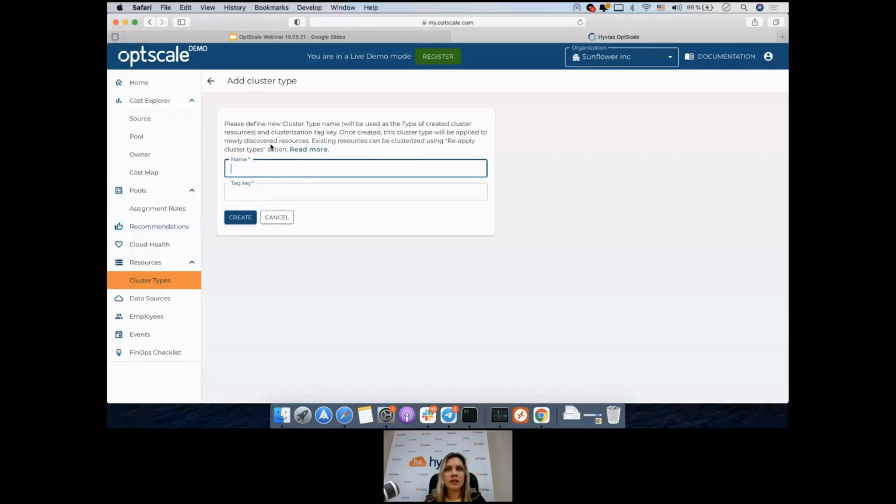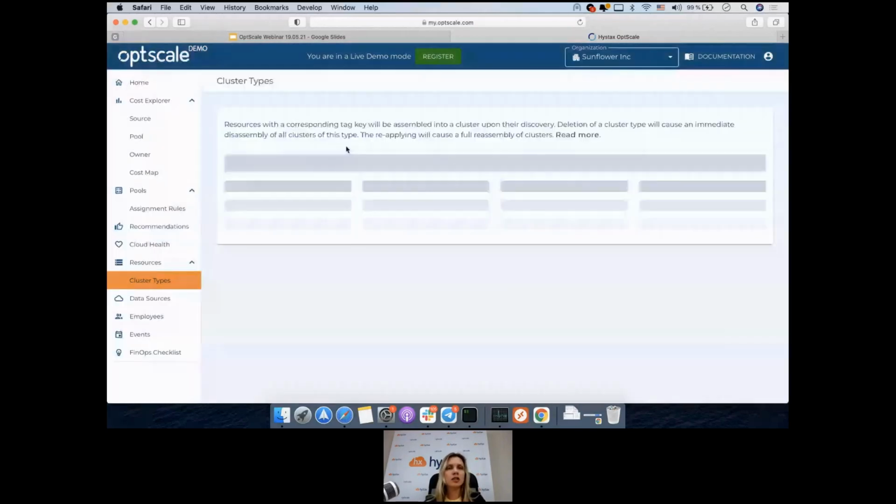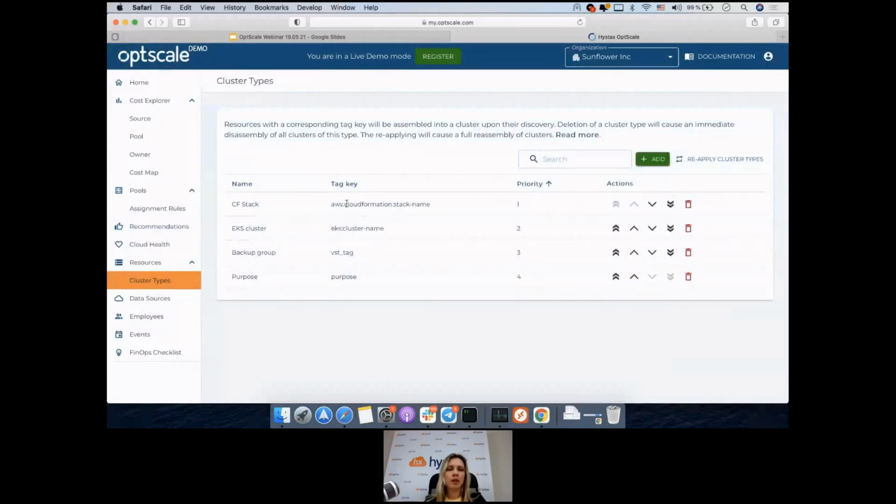I know for sure that this preset data has resources with a tag purpose. Purpose, okay, yeah. And I want to merge all the resources with the tag purpose into one single cluster. I just need to click to create this cluster type. But the next thing I need to do is to click reapply cluster types to actually apply